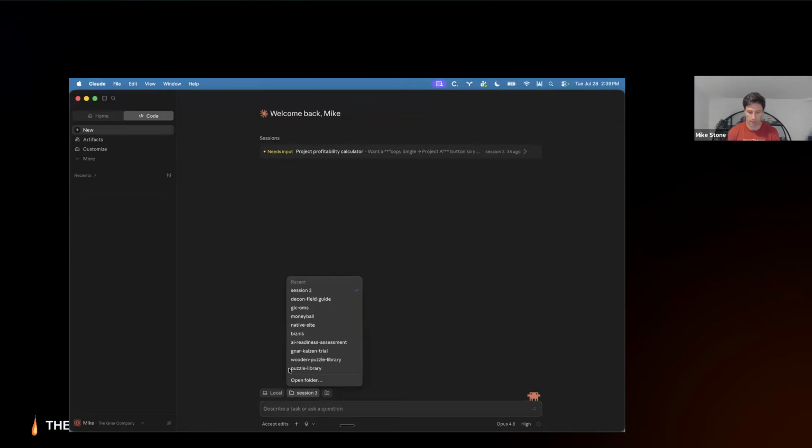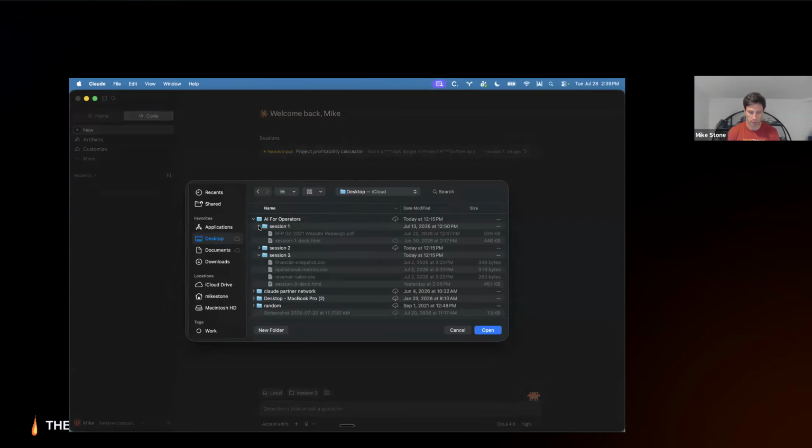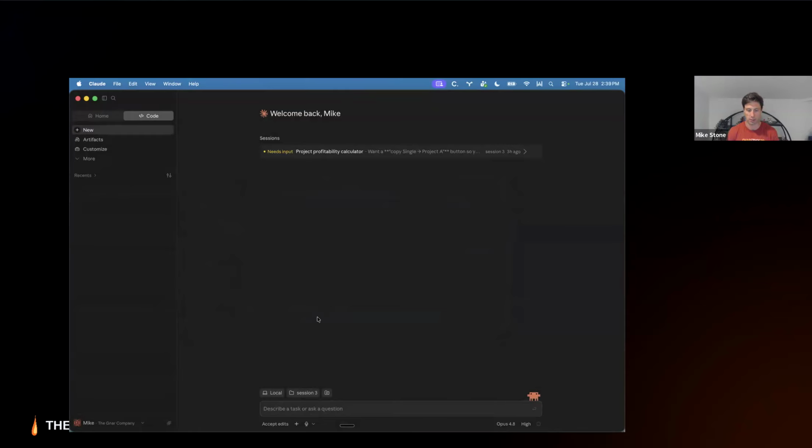I have selected here session 3, but you can come into your Claude desktop and select the folder that you want to work in. This could be an existing code base or a place with a lot of documents. This could be a brand new folder on your system where you just want the stuff you make to show up.